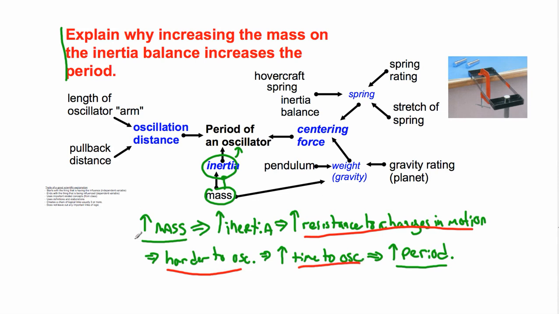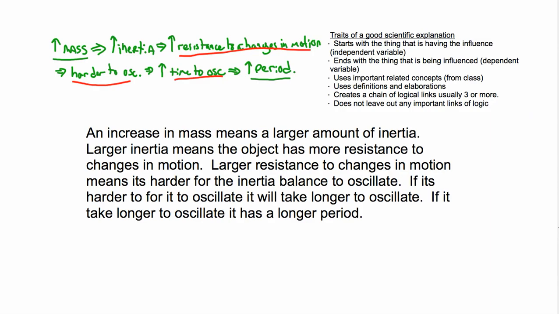Now, this whole shorthand thing can be put down into words, and that would be the expectation when you write an explanation. Let's show that. Okay, so our shorthand explanation, here again is our traits, and here's the shorthand translated into a